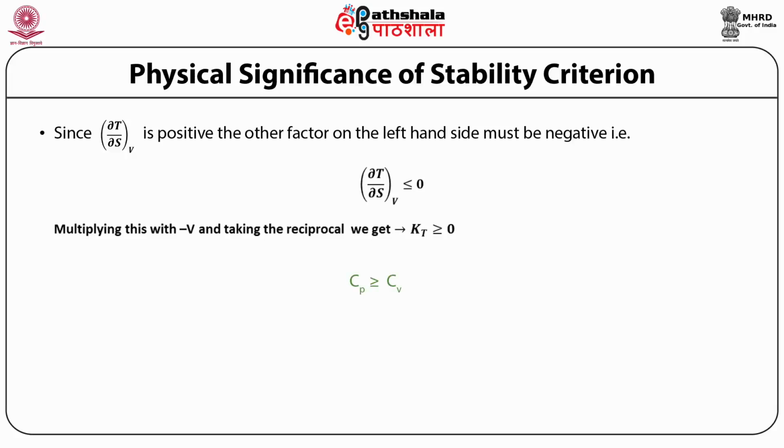Fourthly, Cp is greater than or equal to Cv. Recall that Cp upon Cv is equal to Kt upon Ks, which is greater than or equal to 0. Therefore, Cp upon Cv is greater than or equal to 0 and hence Cp is greater than or equal to Cv. So,